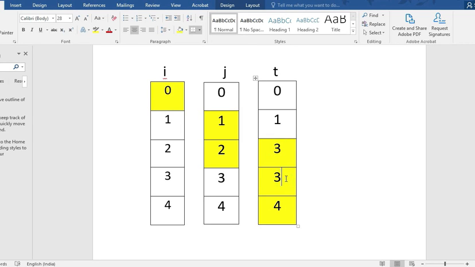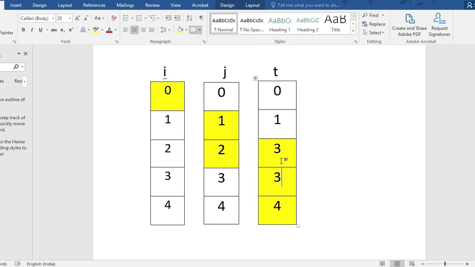Now I shall continue this for loop up to n. You can see that this position is filled up with the next position, and I shall iterate this loop up to n.